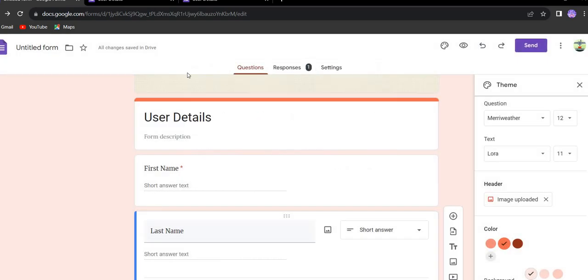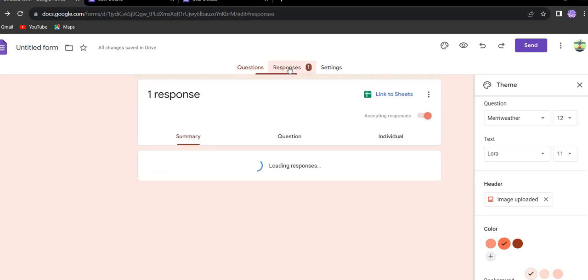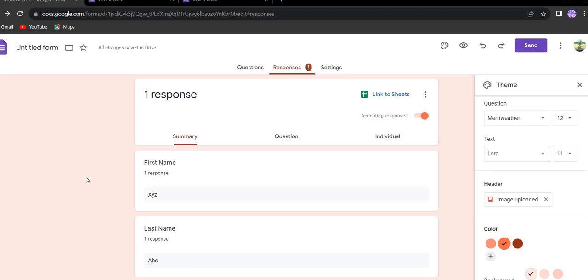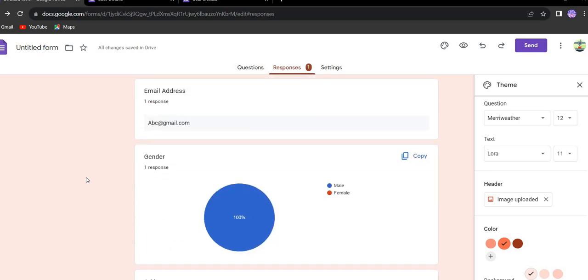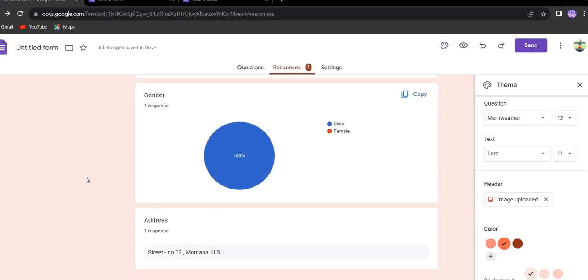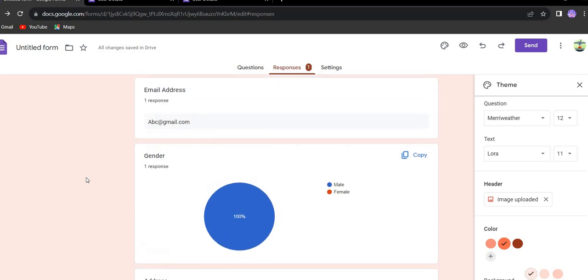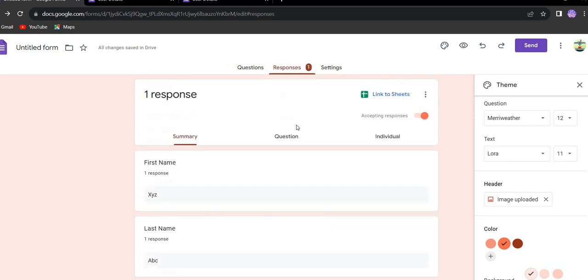And once the information is submitted, you can look at the responses, and that's where you will find the information once the user has entered all the information. You can see those responses here. You can actually link these forms to Google Sheets as well, but we will talk about that in the next